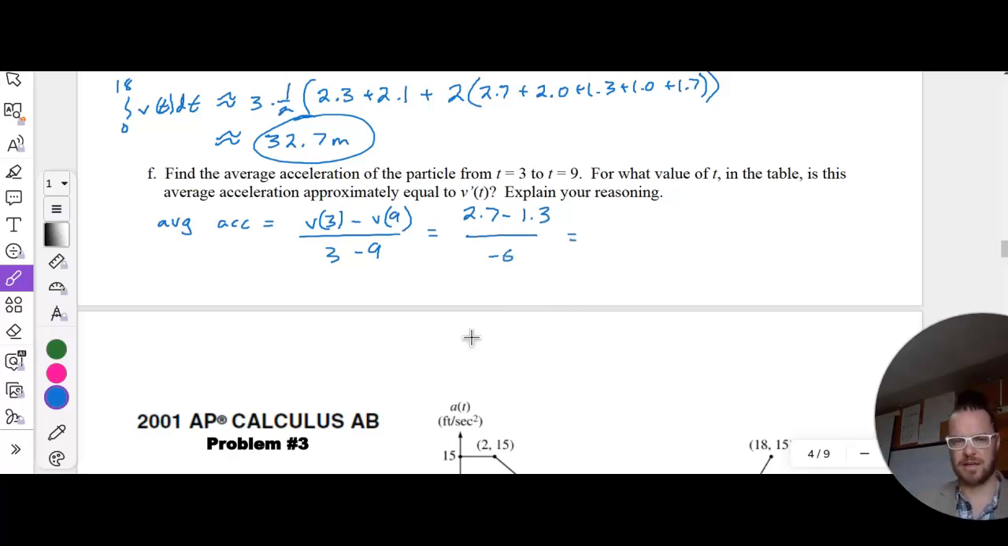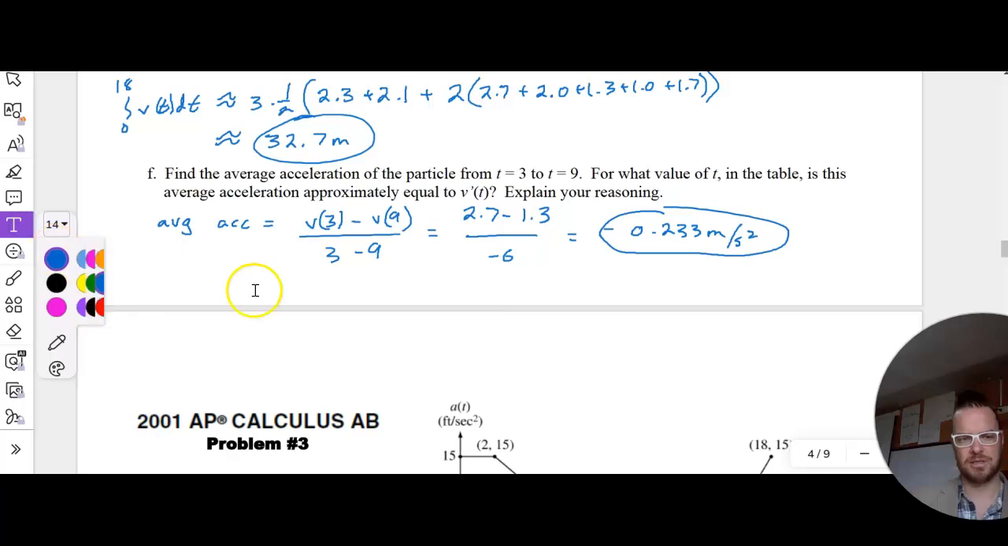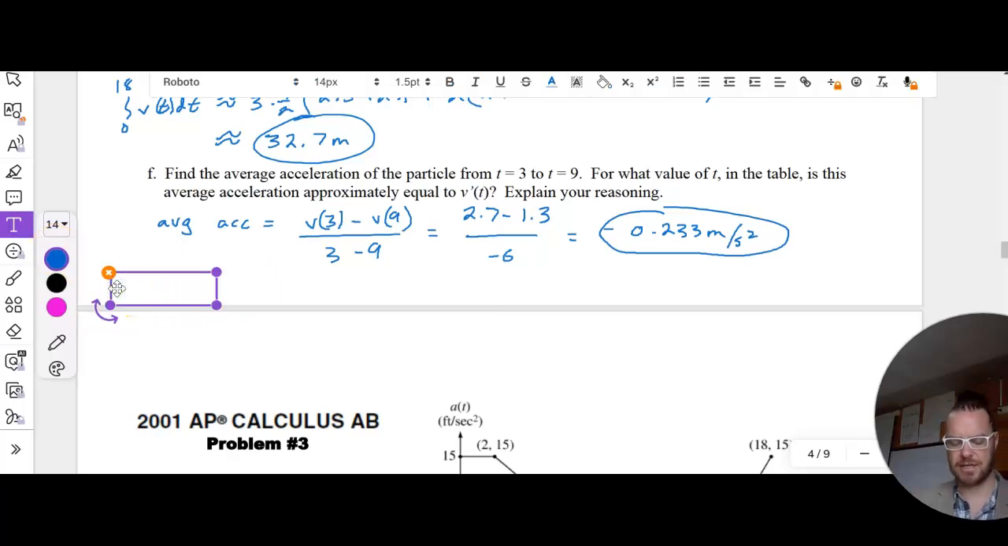That's going to give me a decimal. And if I put that in my calculator, I've got negative 0.233 meters per second squared. All right. Now, is this average acceleration approximately equal to v prime of t at some point? Well, in this case, really what that's asking us is, does MVT work? And so in this case, we can say that MVT guarantees a value exists between t equals 3 and t equals 9,